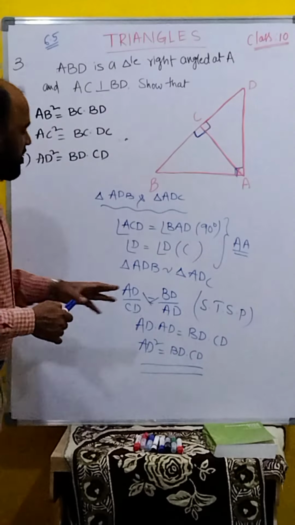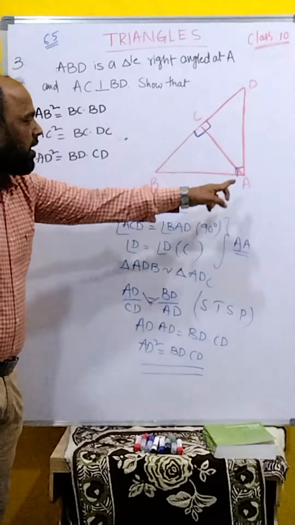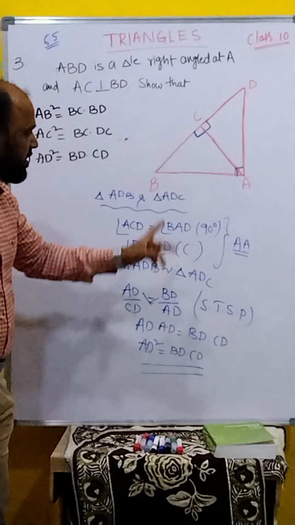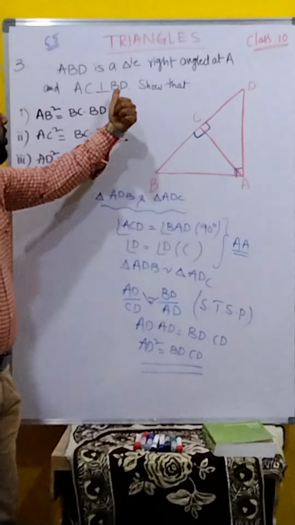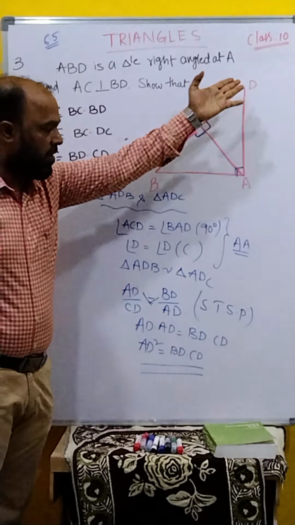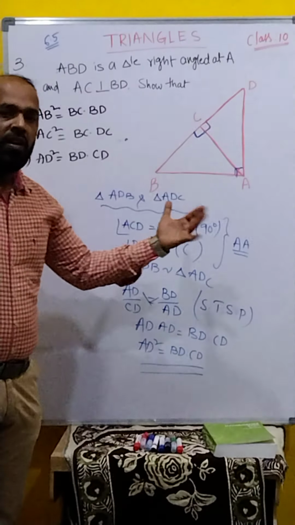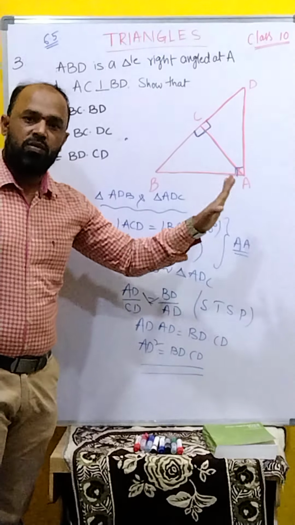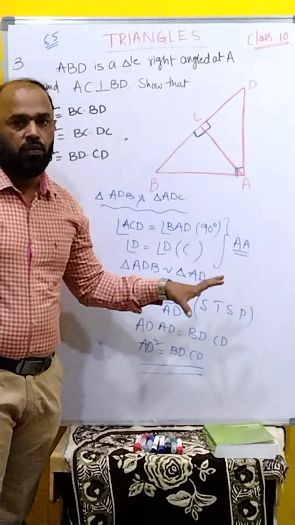What is the main and simple thing? What are the common angles we have to find? First, angle A and C. ACD and ACB are both 90 degrees here. That we have to observe. Then AC perpendicular is given and what is already given. Using that, generally in this whole problem, AA similarity is working. If two triangles are similar, then sides are in proportion. That we have to find. Clear?